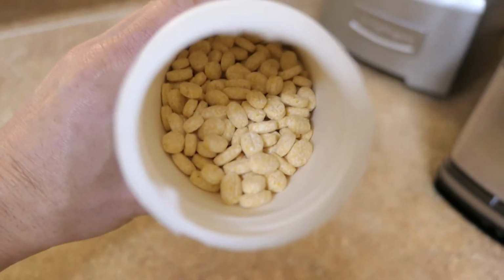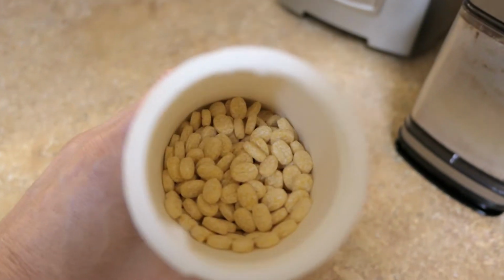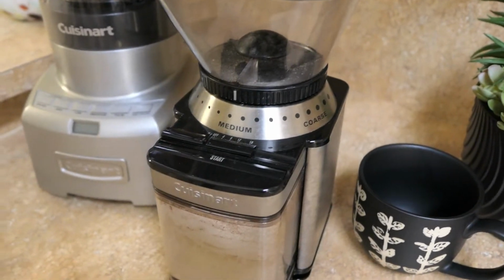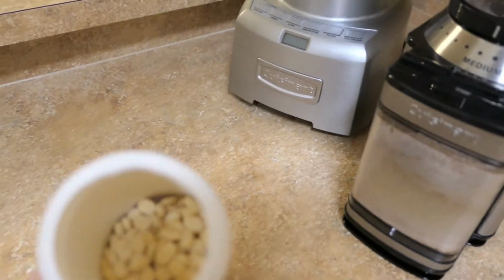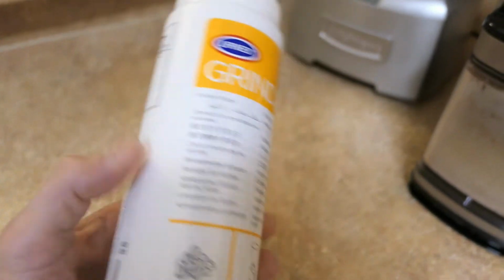But these little pellets will clean it. I use a burr grinder. It's a lot better than the ones with just the spinning blades. You're gonna have to do a little research into that so you can understand it. But this little burr grinder works great. It's awesome. I love it, and it's not expensive. And these little pellets will clean the grinder. So after you run this stuff through it,